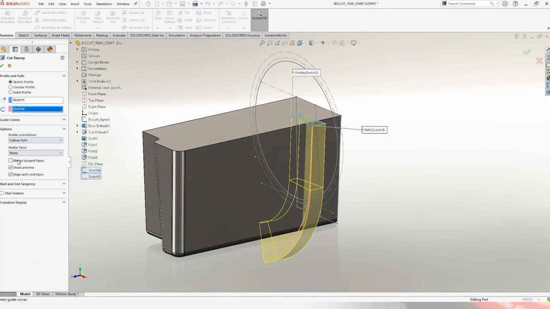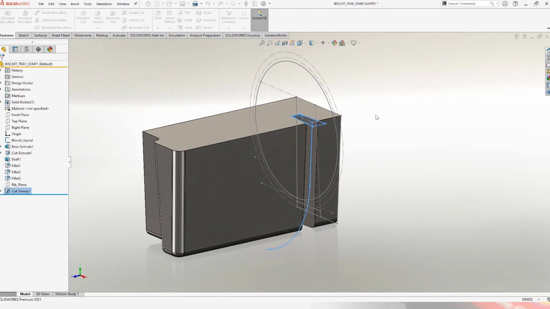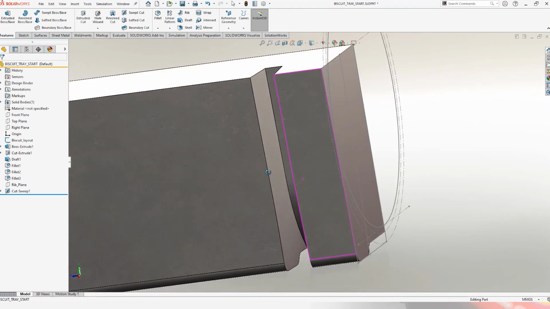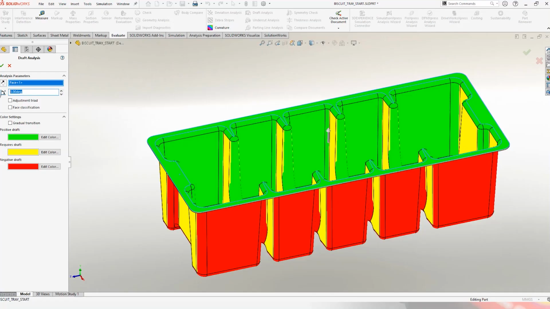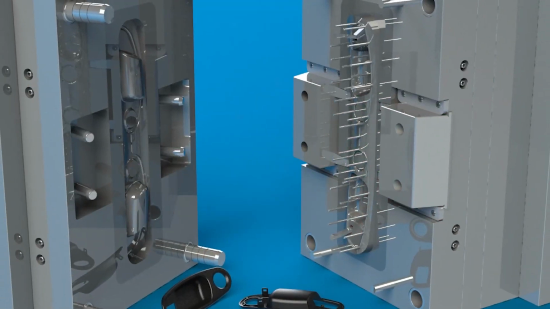Plastic molded containers are easy to create too. Using the range of modeling tools available, you can check parting line positions and evaluate draft. SolidWorks can even help you to develop the molds.